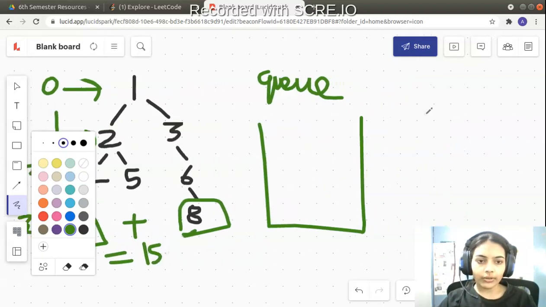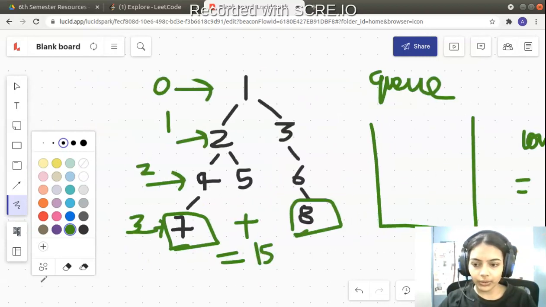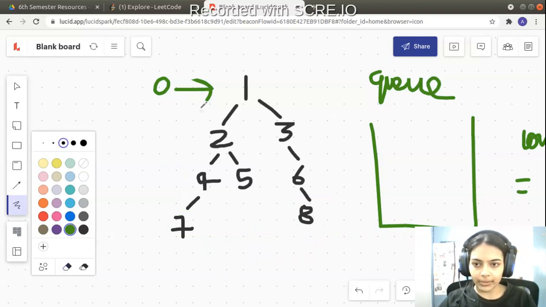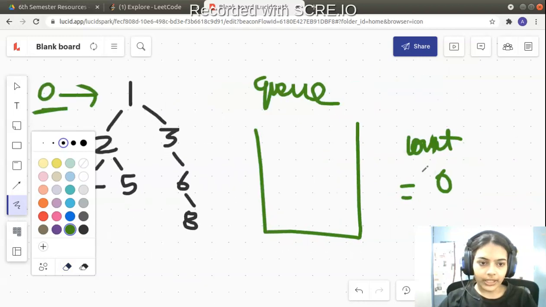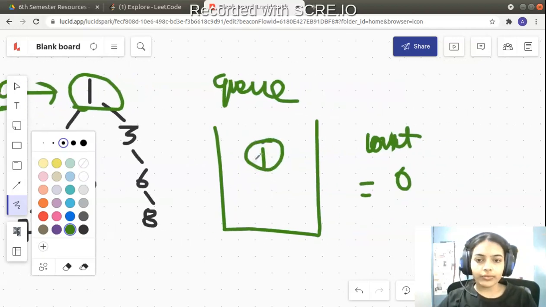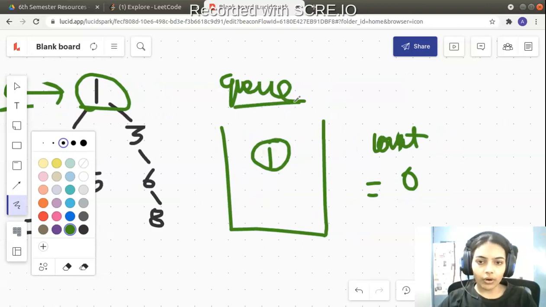So what you can do is you can initially make a count variable that is initially 0. Let's start traversing and we'll use a queue data structure for that. We are just going to use the depth search approach, and let me just erase all this. Initially we are at level number 0, and that's why our count is 0. What do we mean by level number 0? It means the node which is at level number 0, which is 1, is there in our queue data structure. So we are having one node. The queue is not empty now.